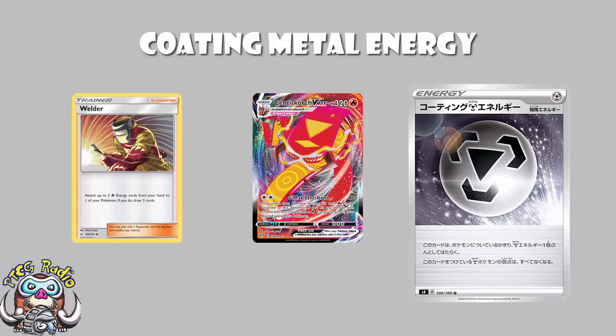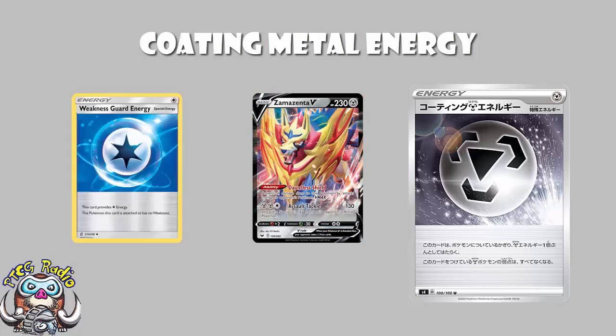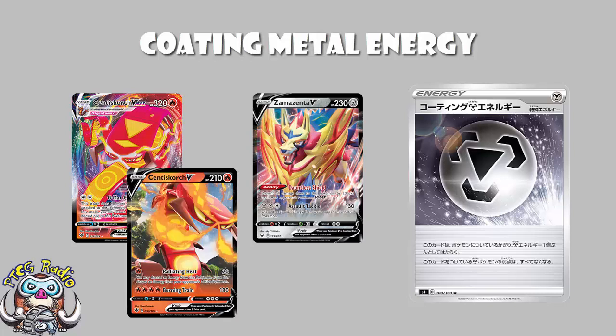I mean, take something like Zamazenta. Now, Zamazenta can use weakness guard energy far more easily because of the colourless cost in its attack, but it's got an ability that makes it immune to Pokemon V Maxes. So, all of a sudden, Center Scorch V Max can't hit it. Now, they can still attack with Center Scorch, but Center Scorch maxes out at 180, which is not enough to